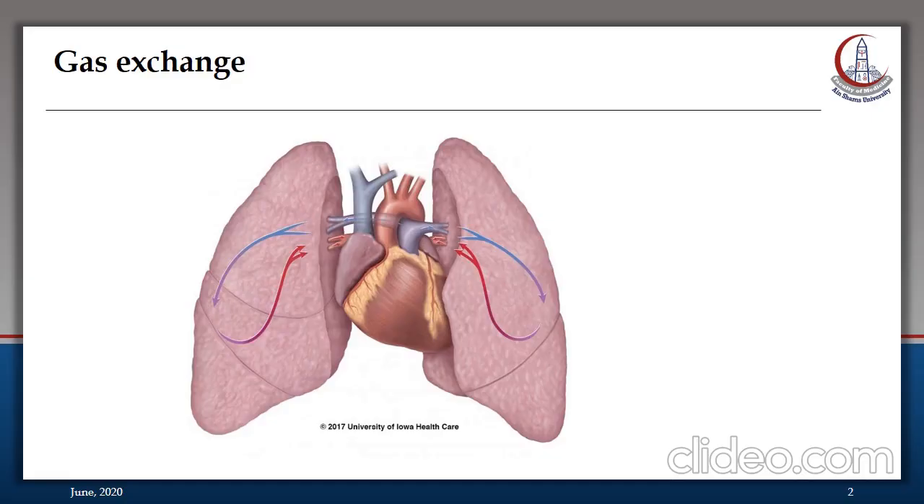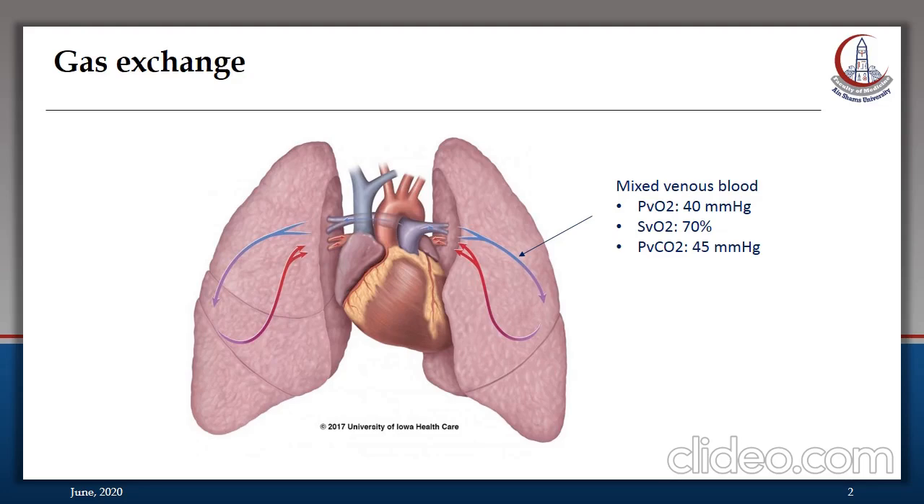Gas exchange is the principal function of the lungs, and as you know, the venous blood comes from every part of the body to the right side of the heart and from the right ventricle to the pulmonary artery. We call the blood in the pulmonary artery mixed venous blood. It is partially oxygenated blood. The oxygen tension is around 40 millimeter mercury, the saturation is around 70%, and the carbon dioxide tension is around